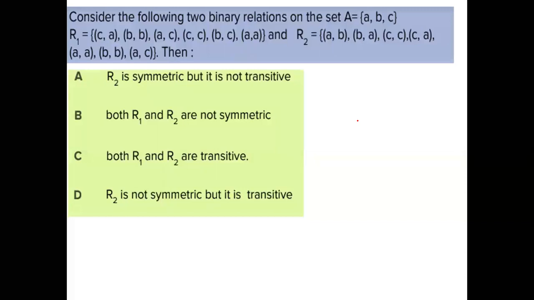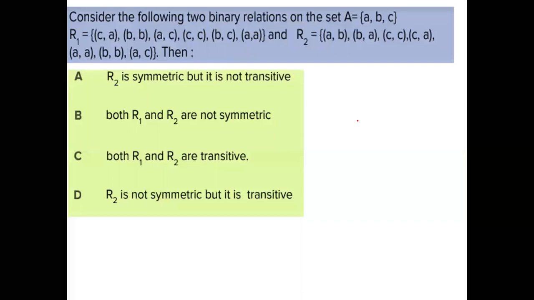So this is related to binary relations, where we have learnt about reflexivity, symmetricity and transitivity. Reflexive: (a, a) should belong to R for every a belonging to A. Symmetric: the definition is if (a, b) is in R, then (b, a) should also belong to R for every a, b in A. And transitivity: if (a, b) is there and (b, c) is there, and if you can find (a, c) as well, then we call it transitive.